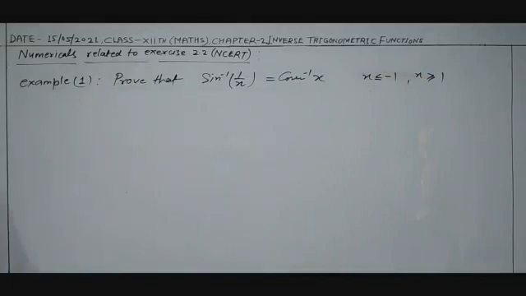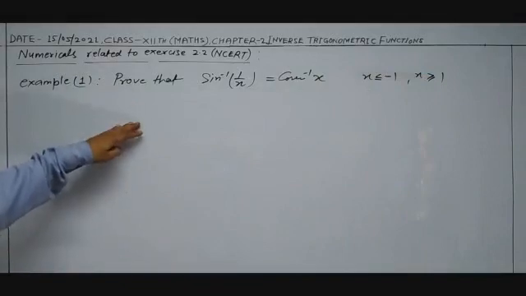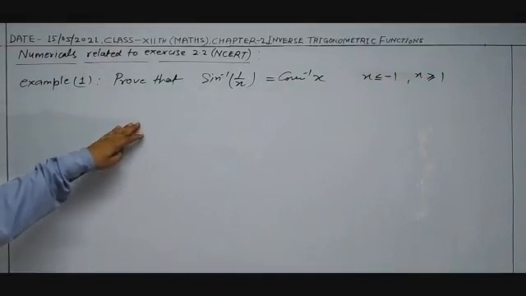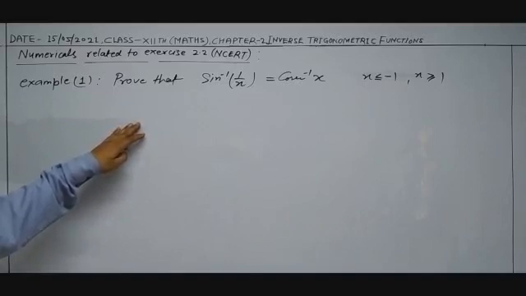So this is the question and we have to prove sine inverse 1 by x is equal to cosec inverse x such that x is greater than or equal to 1 and x is less than or equal to minus 1. So see,